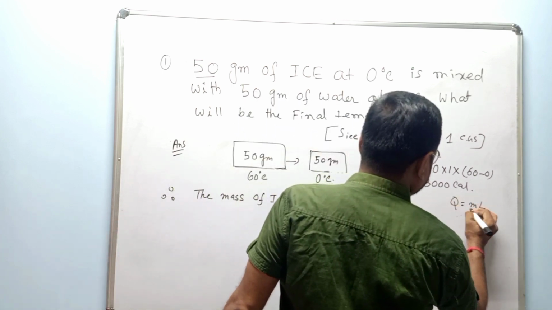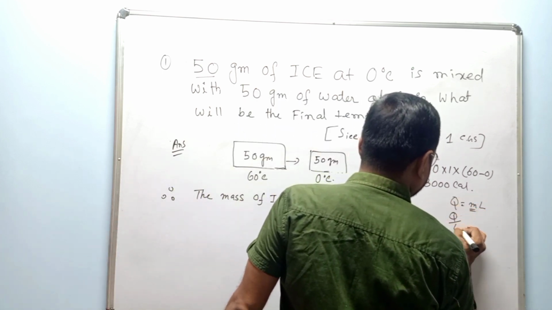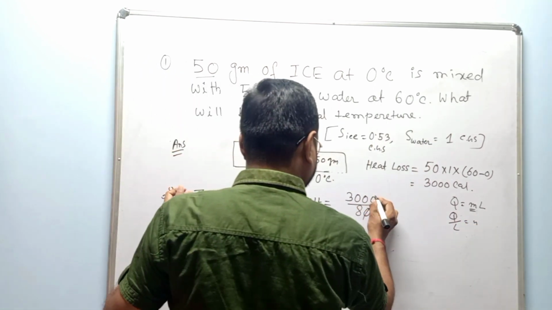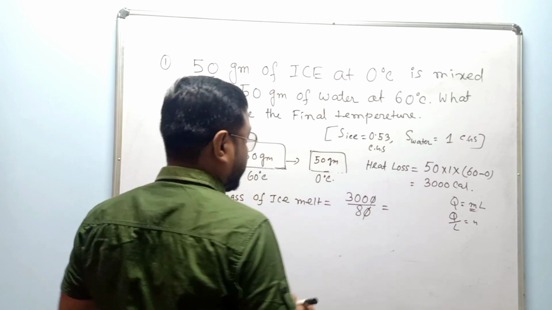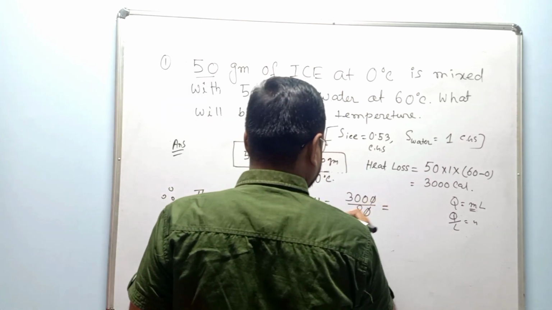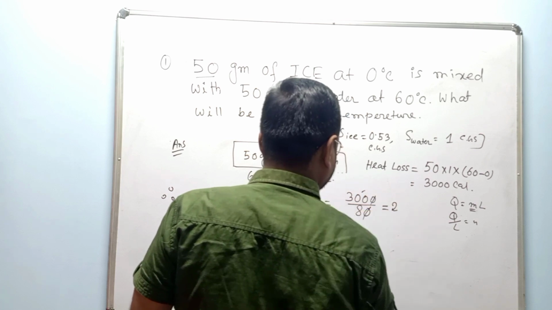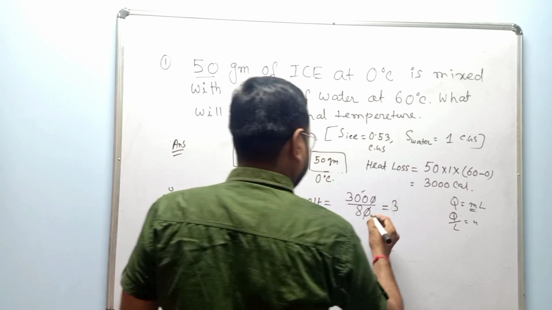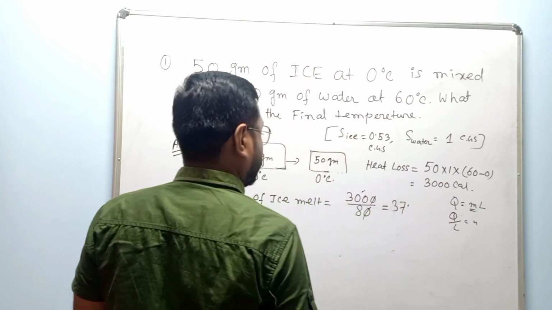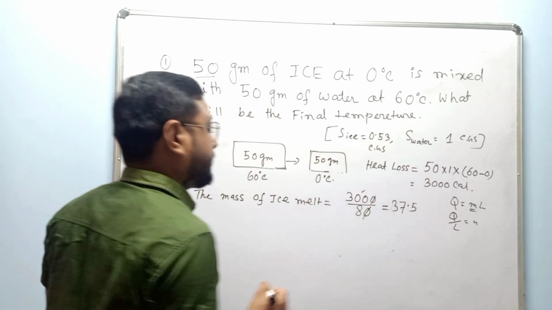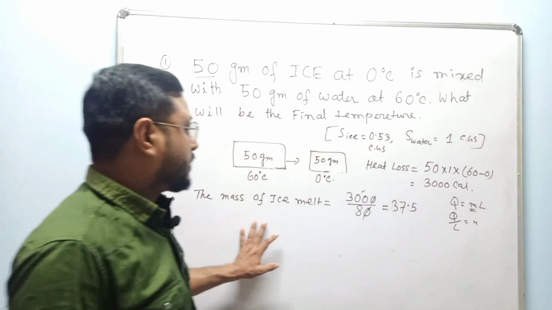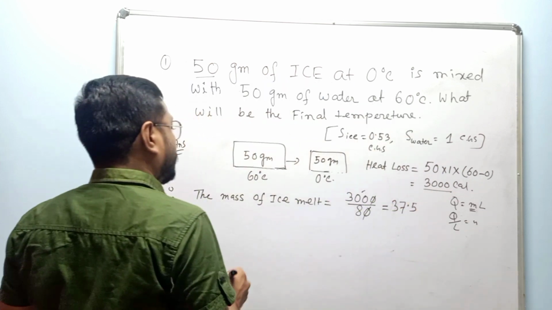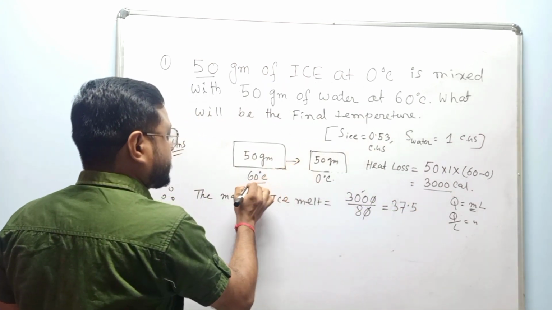If we find mass m, then Q by L equals m. L is 80 for latent heat of fusion. So if we divide 3000 by 80, we get 37.5. So if the water loses heat of 3000 calorie to go from 60 to 0, the ice melted is